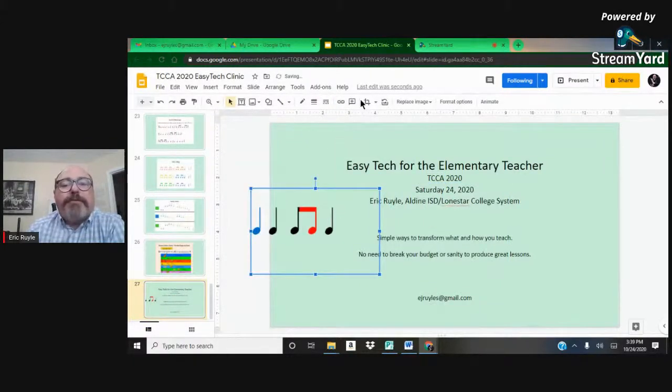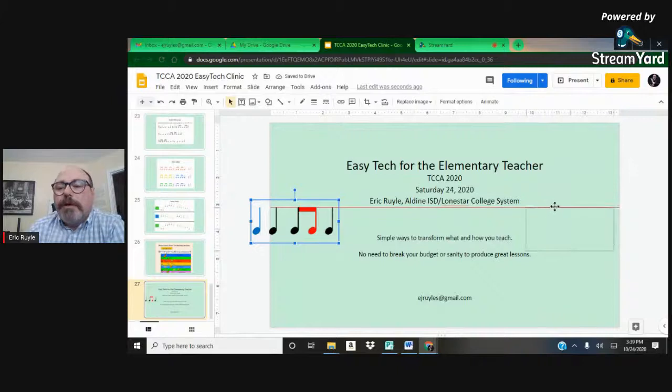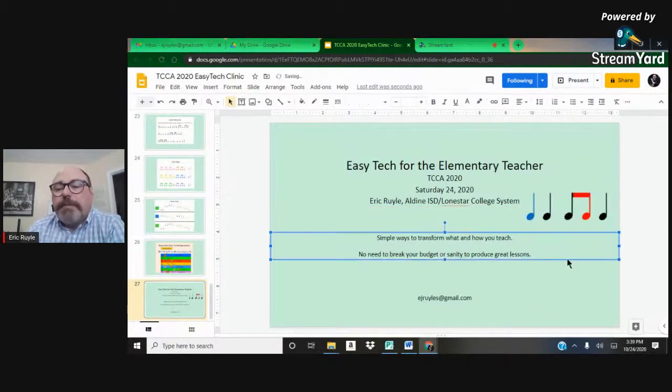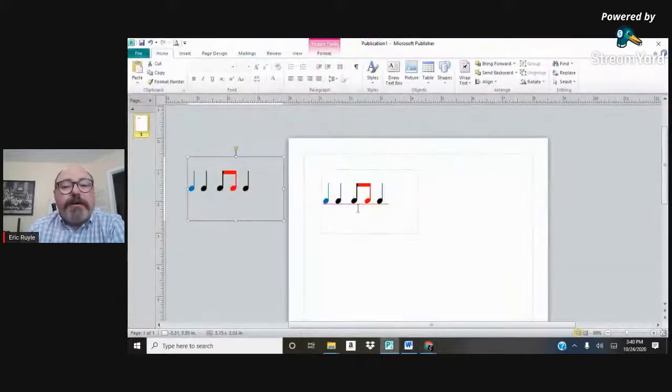And being an image, I can still crop it. Now you may have this big extra stuff, but it's real simple to crop. There you go. So that's how I got that stuff in the Chromebook, the different colors. Simple as that. That's why Publisher is so important, so you can create stuff in here and do that.